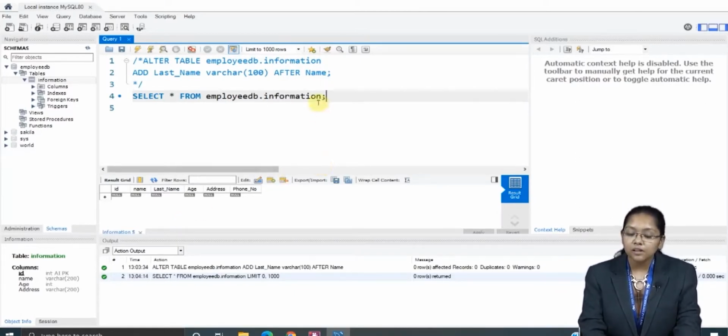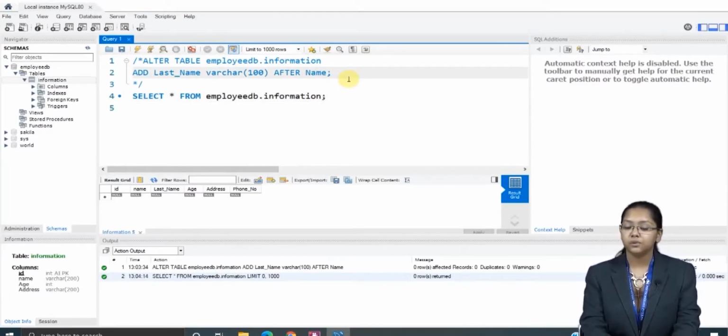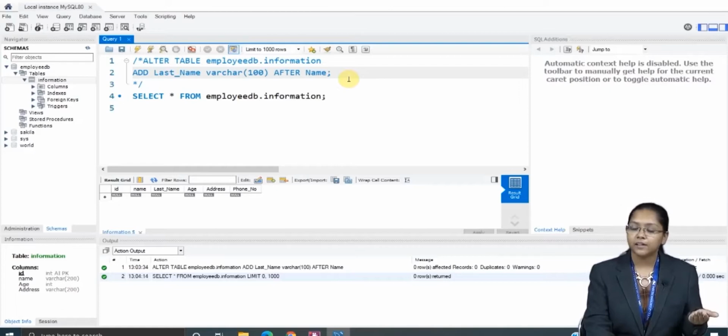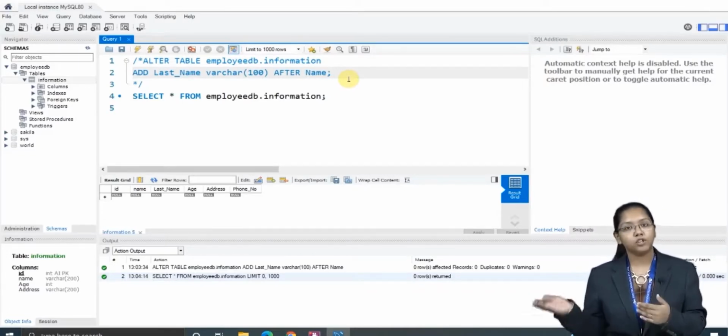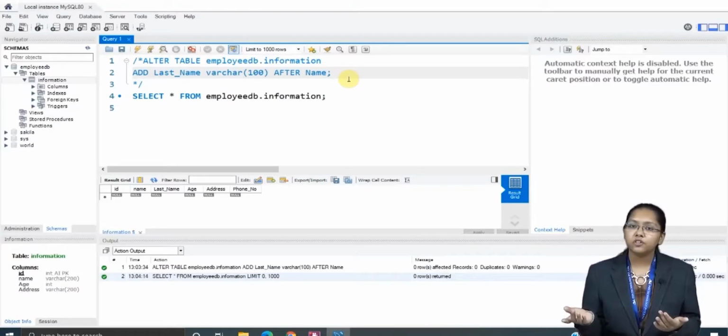Similarly, if you want to add multiple columns, you can do it like this. Again, if you want to add another column, you can fire a query like add, the column name, data type, and then after which column you can give the constraint, and likewise it will get constructed.